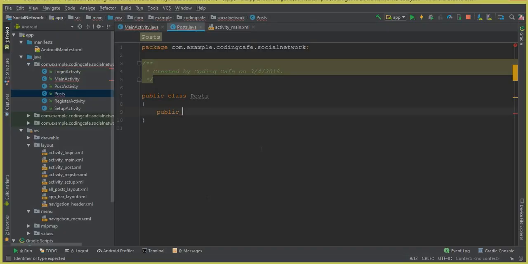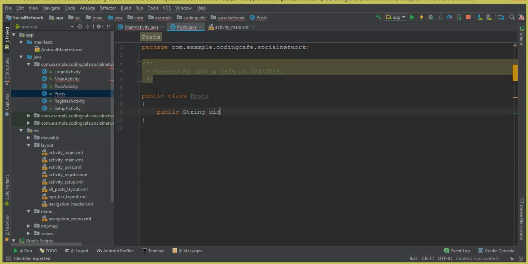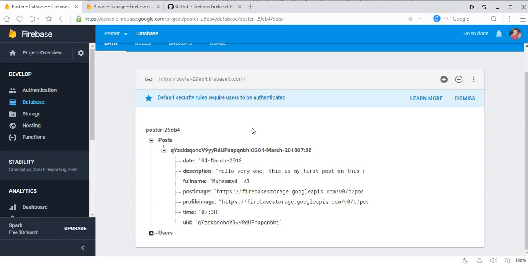So here we can say public string UID. The first one is UID, the second one is the time, the post, the time, the date, then we have post image. Let me confirm this name. Okay, this is post image,